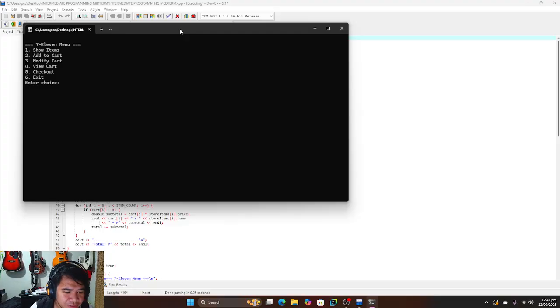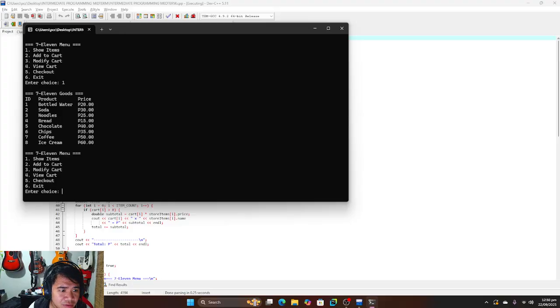First, the program starts by displaying products and their prices. These are the items available in the store. Number one, I choose show items, and these are the products: bottled water 20 pesos, soda 30 pesos, noodles 25 pesos, bread 15 pesos, chocolate 40 pesos, chips 35 pesos, coffee 50 pesos, and ice cream.